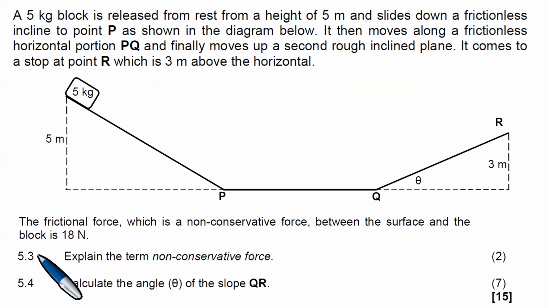In 5.3, you need to explain the term non-conservative force. This is what I'm going to explain, and then you're going to do the rest of the calculation yourself. Here, to explain this one, they're saying the friction force, which is the non-conservative force between the surface and the block, is 18 newtons. Explain the term non-conservative force. So a non-conservative